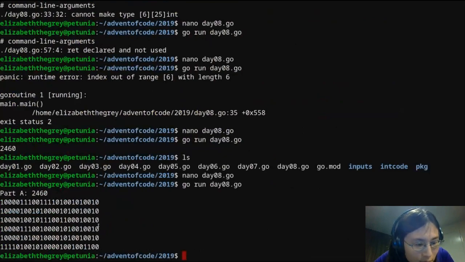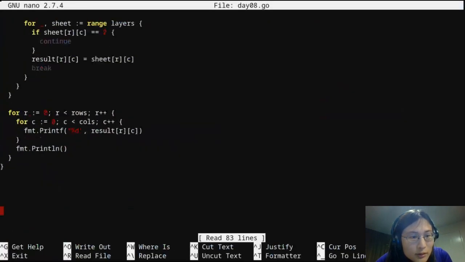So I have, this should be 5 by 25 wide, 6 tall. What message is produced after decoding my image? This is in Golang. Okay, let's try doing it this way.